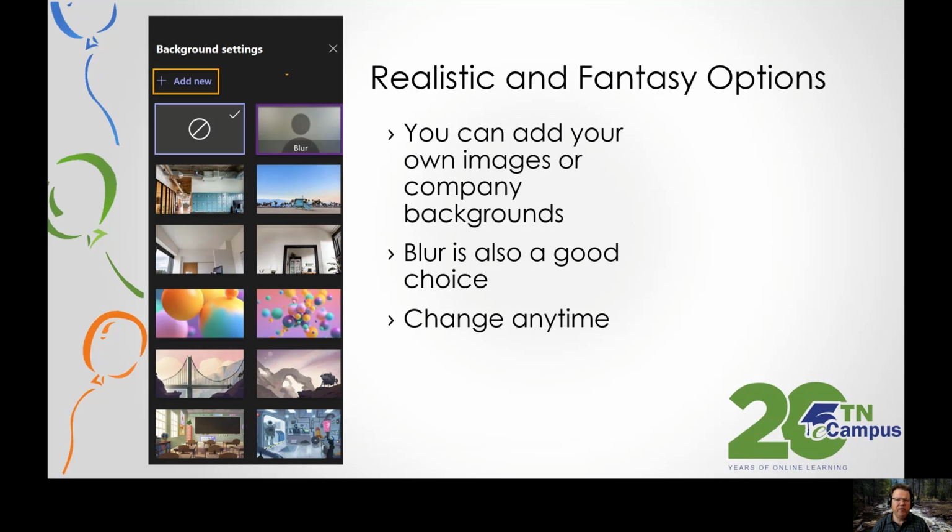Some very realistic and some fantasy options that you can choose. For example, I like using this one. In fact, just make a quick switch just to show you. Choose that background. And again, this is one of my favorites. It's a lot like the one we were looking at in the image. So I've got a little window, I've got a mirror, and a nice clean wall behind me. It looks great. I could choose one of these others, a little more urban setting,